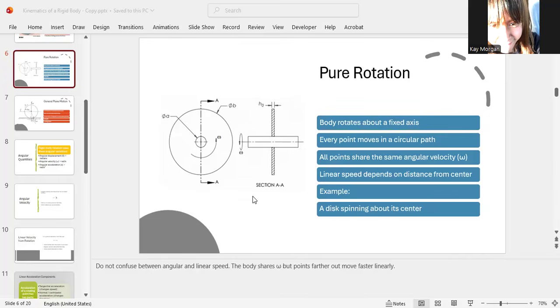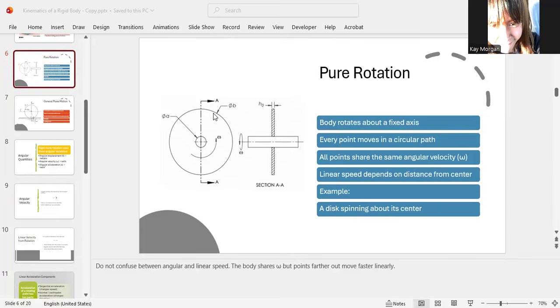Points that are farther from the center of rotation are going to move faster in a straight-line sense than points closer to the center. So there are many points, of course: the points that are closer to the center, and the points closer to the outside. You've got to understand the points that are farther away from the center. The center of rotation is here, so all the points on this side are going to move faster in a straight line. So we're just thinking, what if they move in a straight line? They're going to move faster.